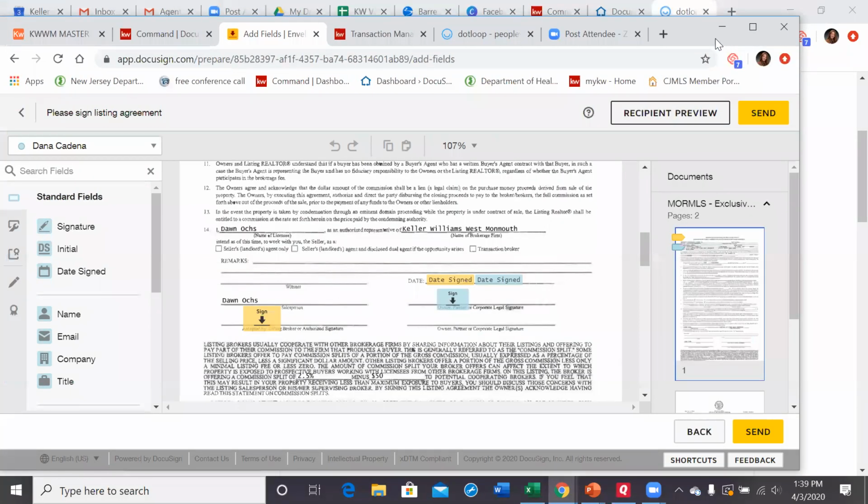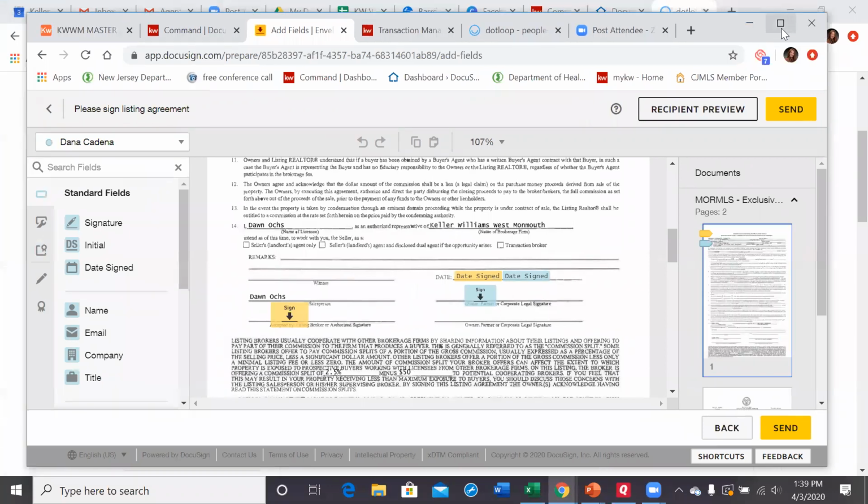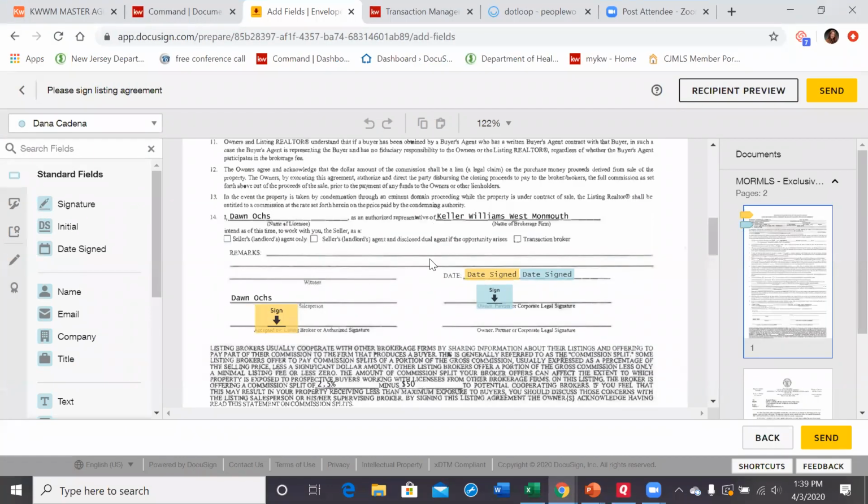Can they add more than one agent? Yeah, absolutely. Can Dawn check to see if she chose the right tag for the salesperson versus broker? I can. I noticed that my name was written in there twice, so I have to look and see if my profile shows me as the broker and the agent. I may have chosen the wrong one,